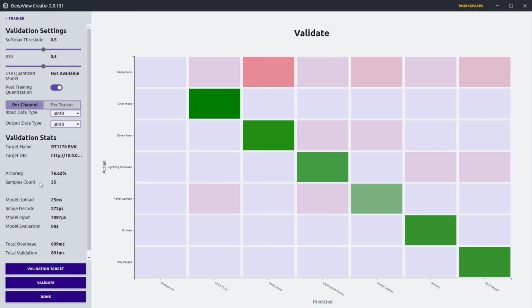And again, the accuracy is a bit funny. We'll see with this particular model, the per channel actually ends up being lower accuracy, which is kind of the opposite of what you would expect. But 35 samples. So if we pick per channel, input, output data type,